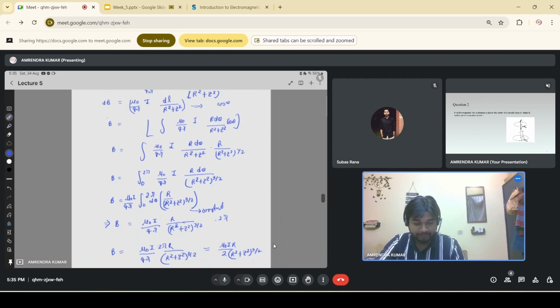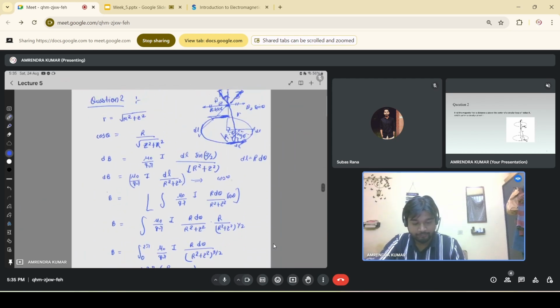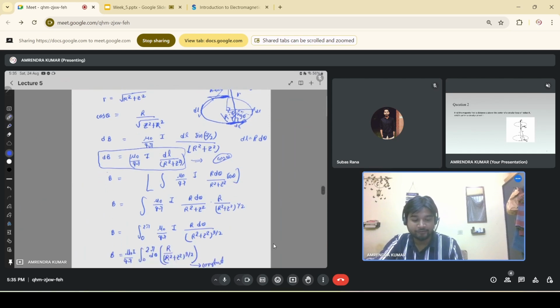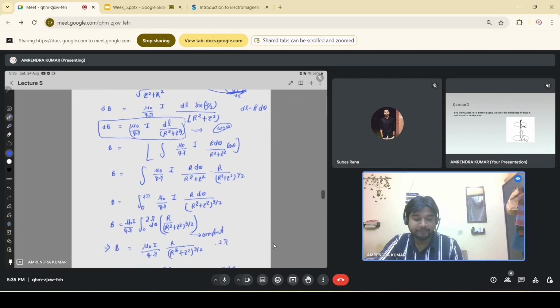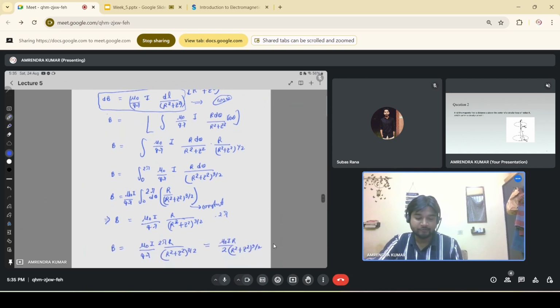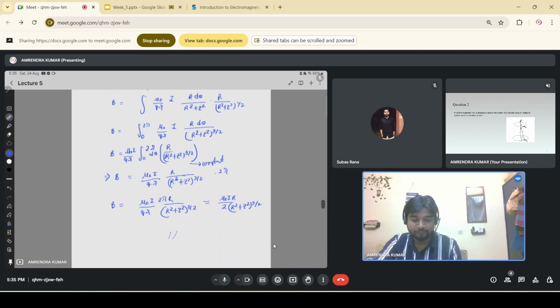तो यहाँ से हमें जो पता चला है कि cos थीटा को हमें जोड़ना है, तो हमने क्या किया, हमने एक स्मॉल एलिमेंट की वजह से एक मैग्नेटिक फील्ड इस पॉइंट पर निकाला, और उसके बाद फिर क्या किया, हमने उस एलिमेंट को cos थीटा से मल्टीप्लाई किया और थीटा पर जोड़ लिया। तो इसी वजह से इंटीग्रल लगा दिया हमने, लेकिन हमें cos थीटा की वैल्यू पता है, तो हमने उसको यहाँ पर रख दिया, और हमने फिर थीटा पर सम कर लिया, क्योंकि थीटा 0 से 2 पाई में जा रहा था, तो इस वजह से हमने यहाँ पर पूरा 0 से 2 पाई तक इंटीग्रेट किया, और उसके बाद हमने अपने मैग्नेटिक फील्ड की वैल्यू निकाली।